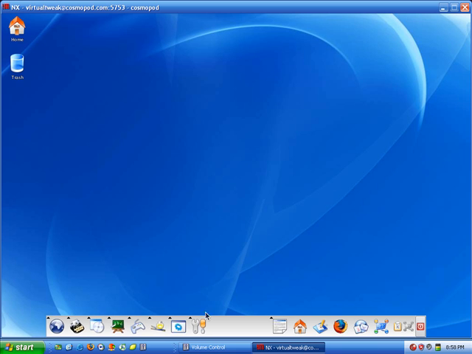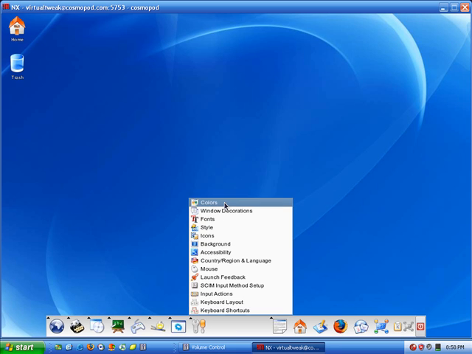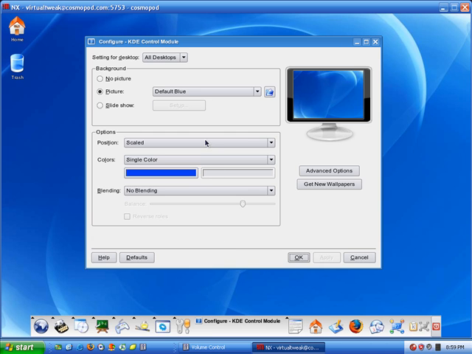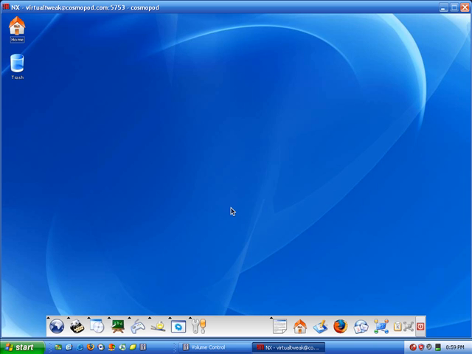Now if you want to see the control panel, click on this icon. These are the control panel options available for us, but as I told you earlier, this is not a complete Linux distribution, and you can access only some of the control panels over here. I'm going to click on background. You can change the desktop and play with it. So this is the Linux desktop. You can try it out without installing any Linux distribution, and feel free to try it out,